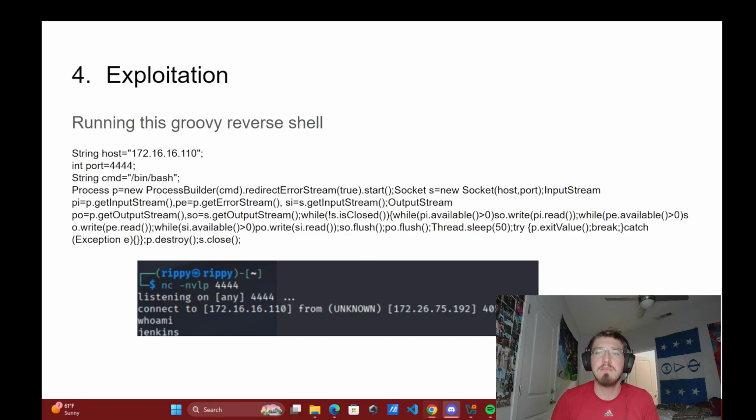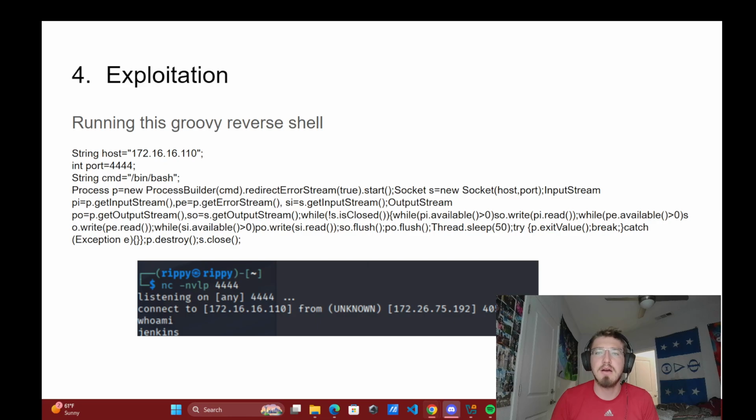The script then meticulously redirects the input and output streams. Essentially, it takes whatever I type on my machine, sends it through the socket, and feeds it into the bash process on the server. It then takes the server's response and pipes it back to my screen. The while loop you see at the end ensures the connection stays alive and responsive until I decide to close it. While the script was ready on the Jenkins side, I first had to prepare my own machine to catch